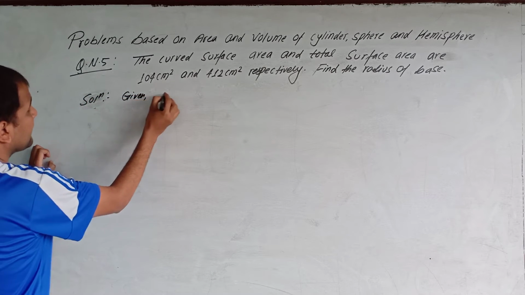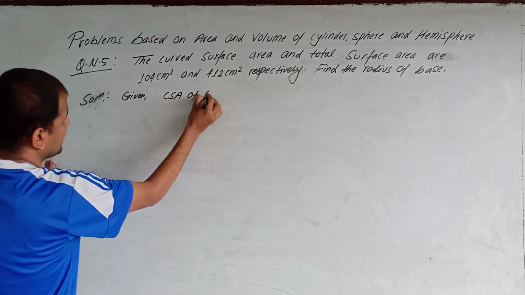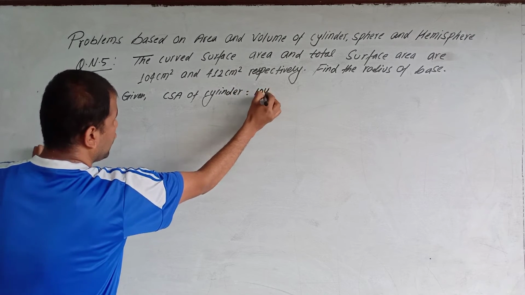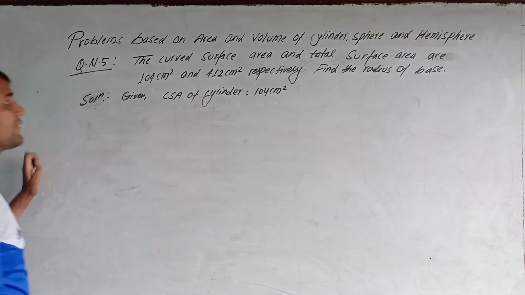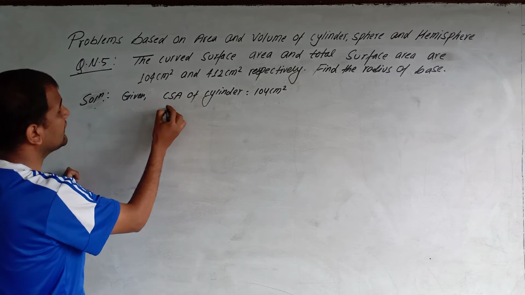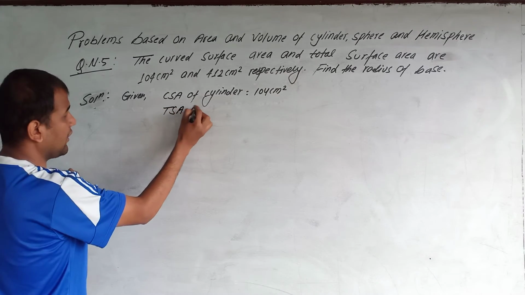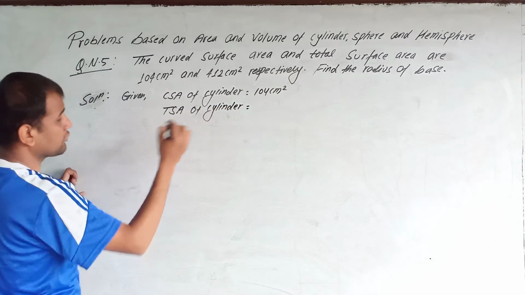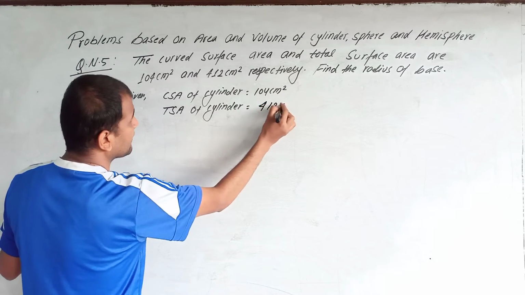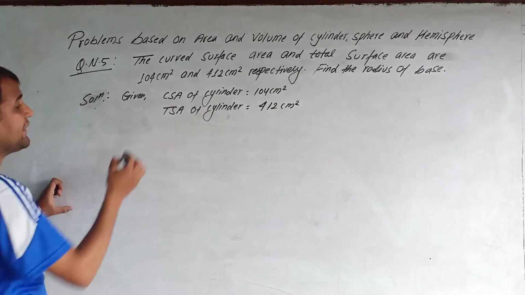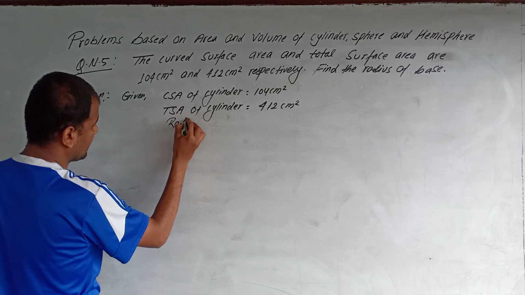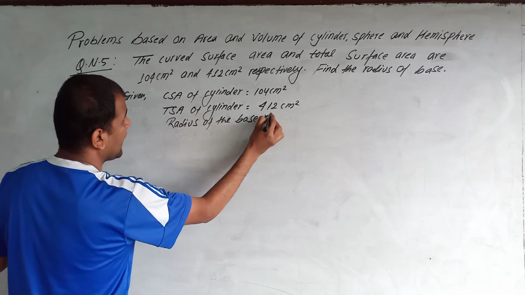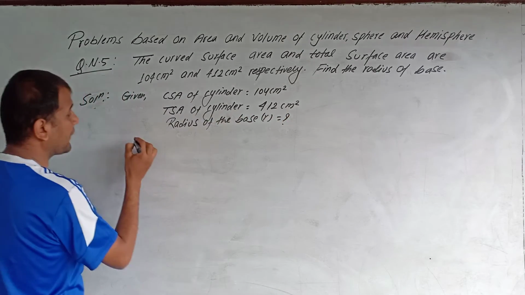Given: CSA of cylinder is equal to 104 centimeters square. This is the curved surface area of the cylinder. TSA, total surface area of the cylinder, is equal to 412 centimeters square. Then the radius of the base, r, is equal to what? We have